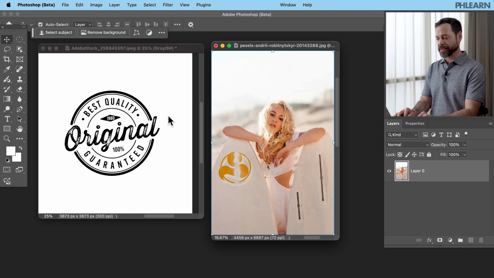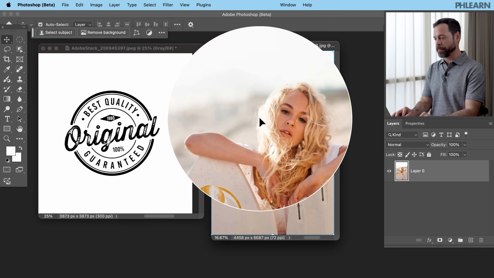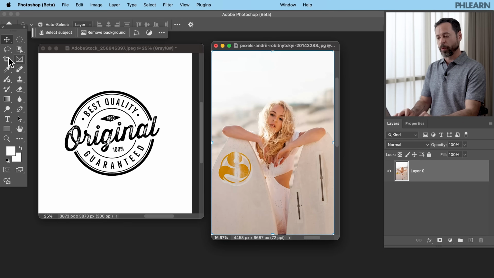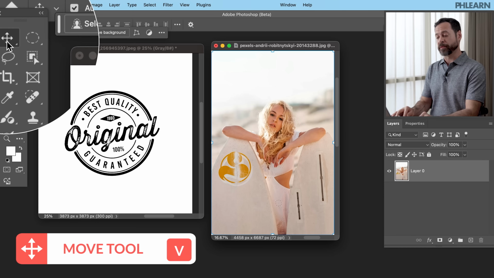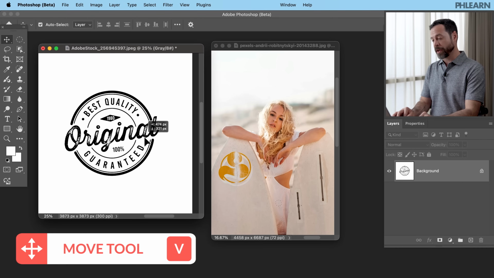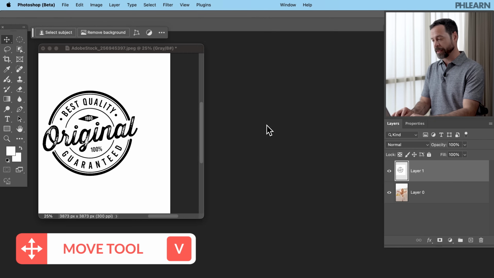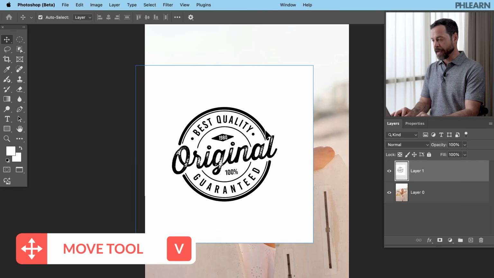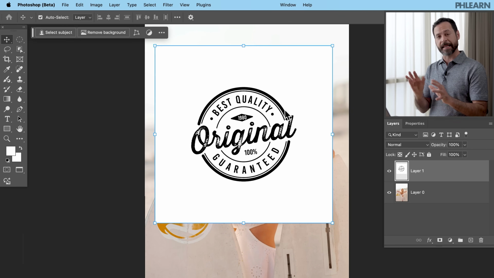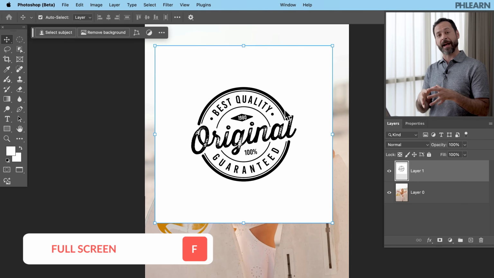So here we have two images. Now I want to take this logo and put it behind this subject's head. We're going to start with our Move tool. Let's hit V for the Move tool. We're going to click and drag from one document over to the other. I'm going to click on F for full screen. And I've got things set up in the default orientation, how this is going to come in